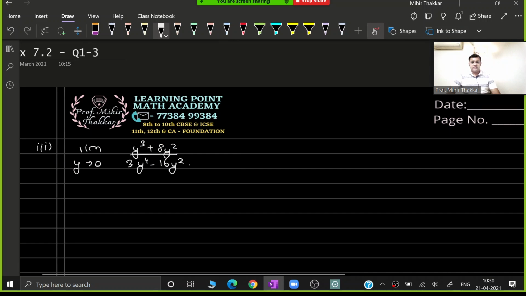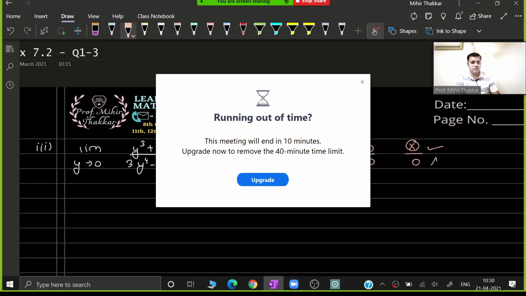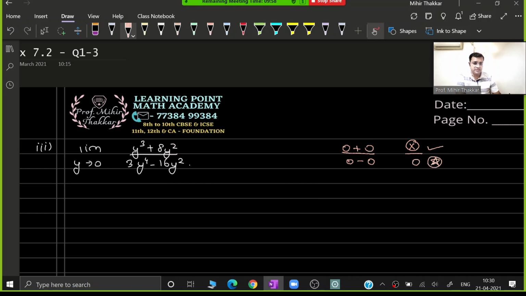So in this sum, once again, if you substitute the limit value 0, you will get 0 plus 0 in the numerator, as well as the denominator will also become 0 minus 0. Numerator, if it becomes 0, that is not a big tension for us, so it is okay. But denominator, if it becomes 0, then we have to think of something else. So in this case, again I have to try to factorize that. But instead of factorizing, what I'll do over here is I will try to take out something common in the numerator as well as in the denominator.